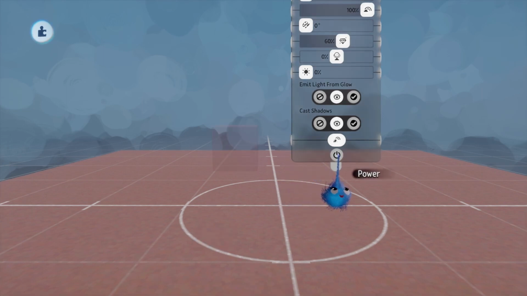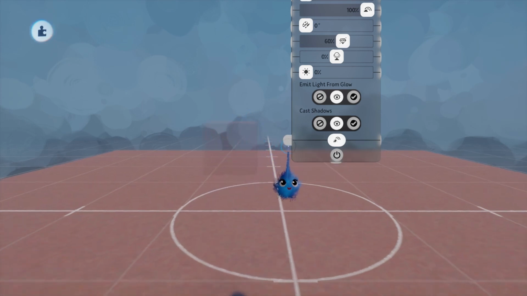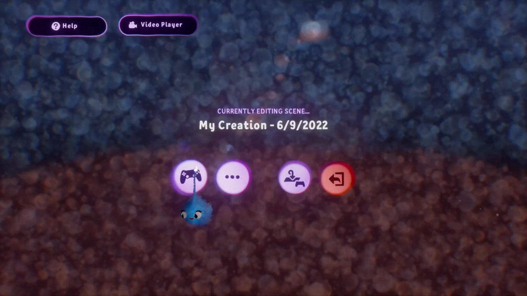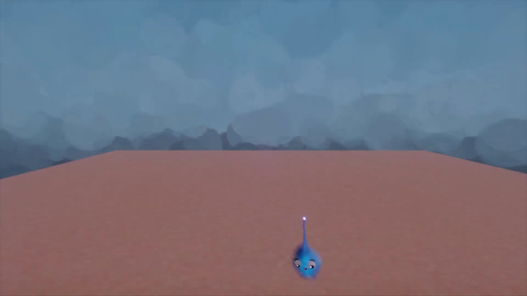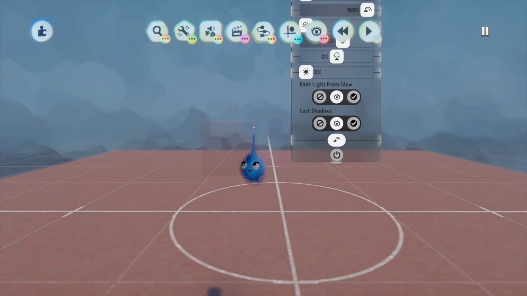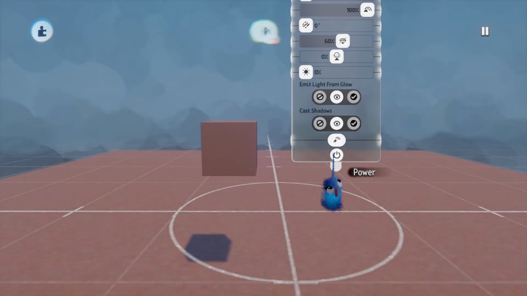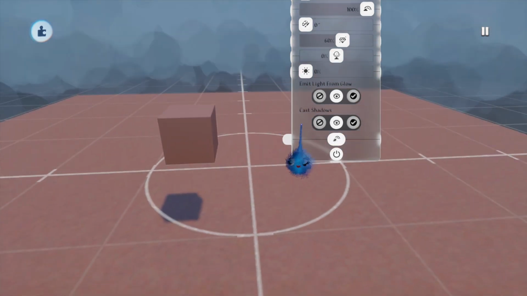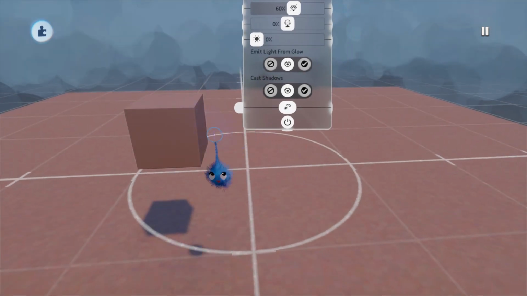You see, when I click it like that, it becomes this transparent shape. Now, this is only transparent in edit mode. So if I was to go into play mode now, you can see you can't see it. Back into edit mode and you can just about see it. And I put the power back on and now you can see it. It is there. So what we want to be able to do in order to make something appear and disappear